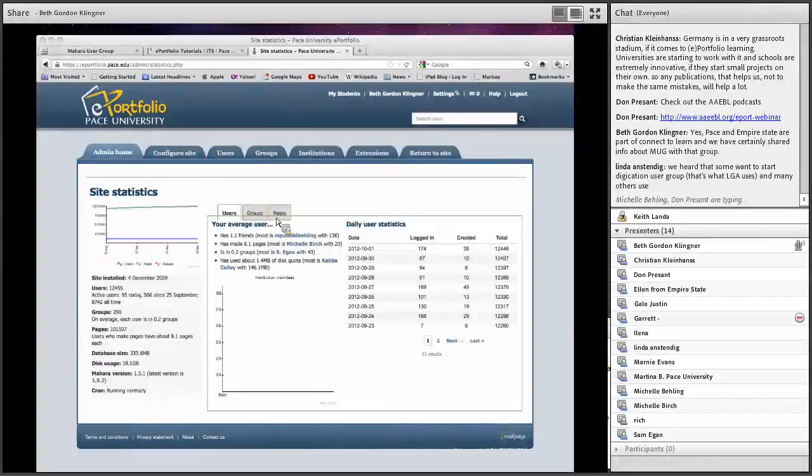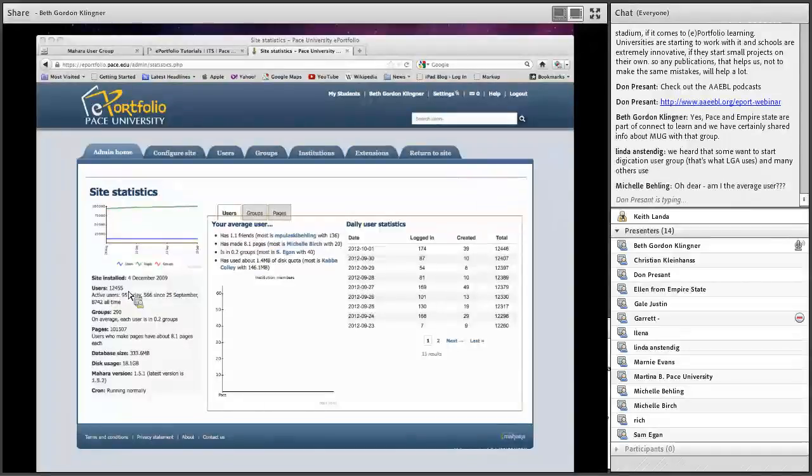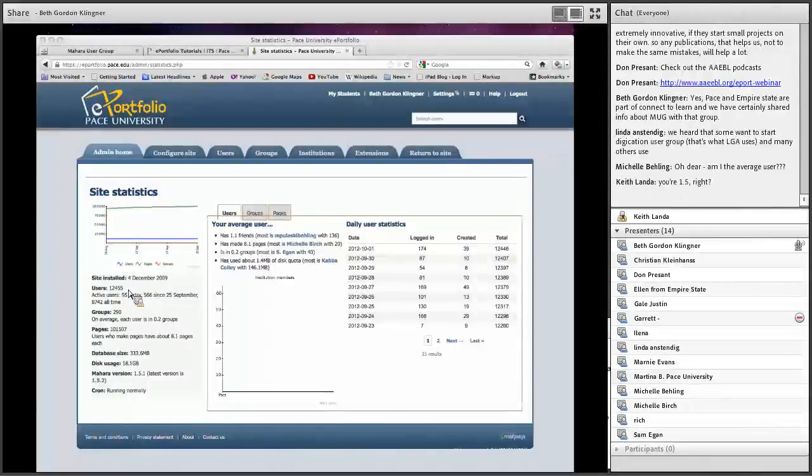But really, when we drill down, this users number looks very high, but of course this is representing people who have accounts, which is an inflated number compared to people that are actually using ePortfolios. So we really need to look at these numbers more: active users and active groups and pages. While it's great that it's here, it's really got to be part of a larger project, as I mentioned, to be able to put this together.